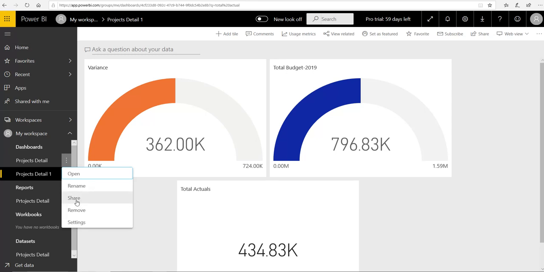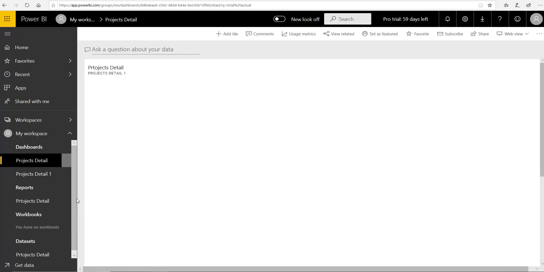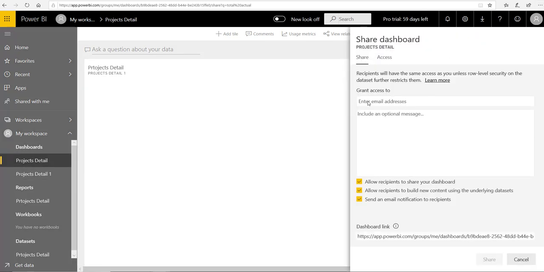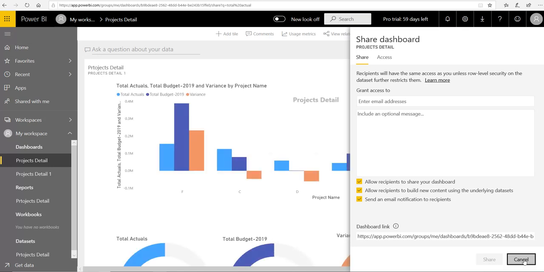This is the important thing, share. We have discussed share in the last lesson as well. If you want to share this dashboard with your audience, as I told you in the last lesson, this is the share. Click on this share and write down the email addresses only of those who are registered or who have an organizational email. Yahoo and Hotmail will not be supported. Same thing you can do from here. Click on the share button here and the same menu will open. Here you can write down email addresses of the recipients. When you write them down, this share will be highlighted. Click here and your colleagues or staff will receive the email. So how simple it was.